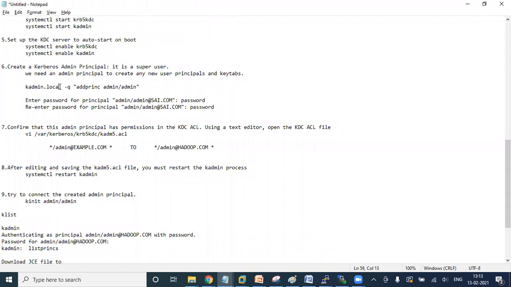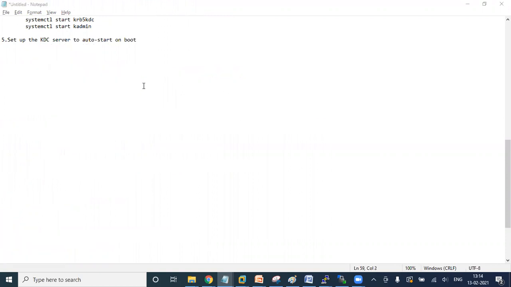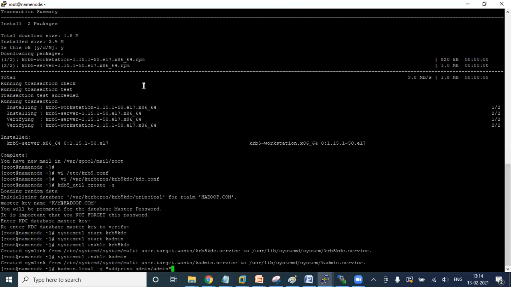Now you're going to create a principal as a super user admin for the Kerberos database. Here I'm adding a principal in the Kerberos database as admin/admin. So admin/admin is a super user for my Kerberos database. This user can create user principals and keytabs.